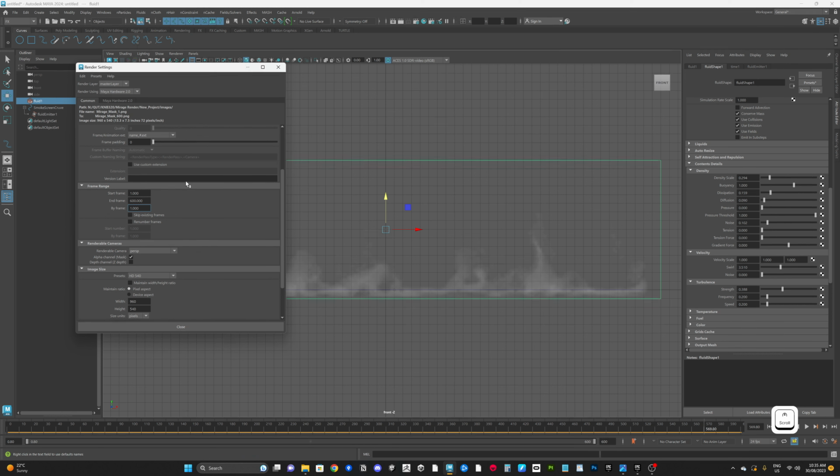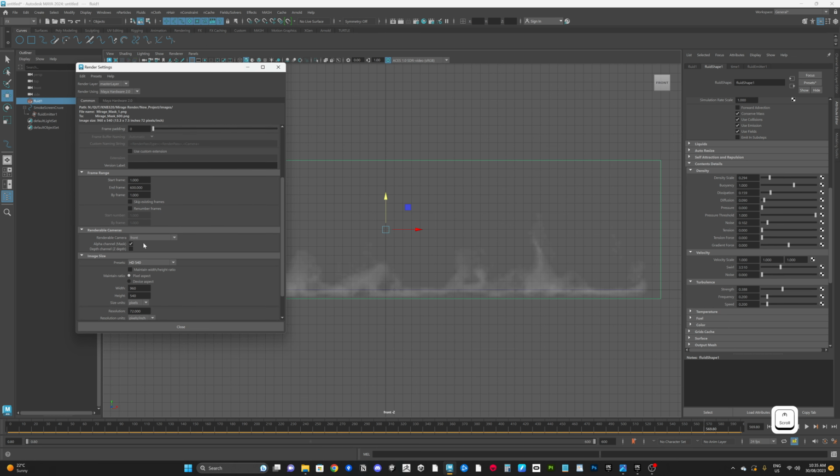And now I'm going to come down to here, and I'm going to say I don't want to use my perspective camera. I want to use my front camera. So I'm going to select front. And then I'm going to come down to the presets, and I'm going to set this preset to 2K square. This should be ample for our purposes, although you can go higher if you want a higher